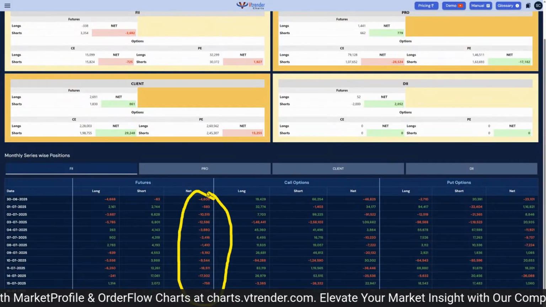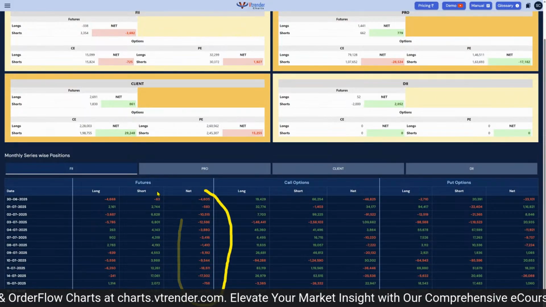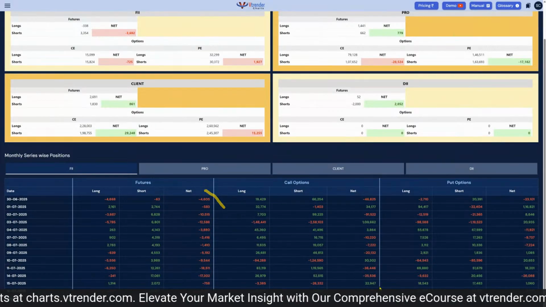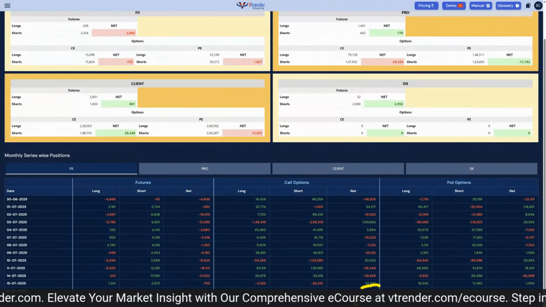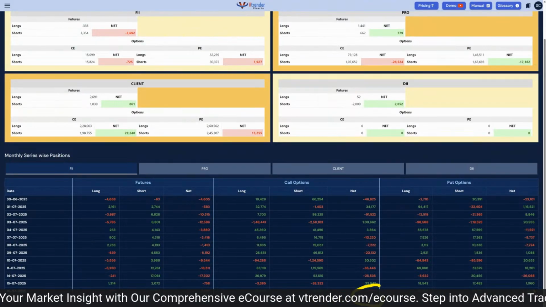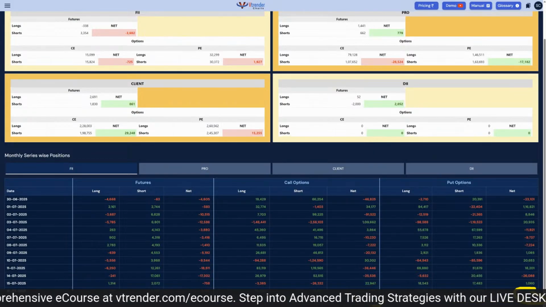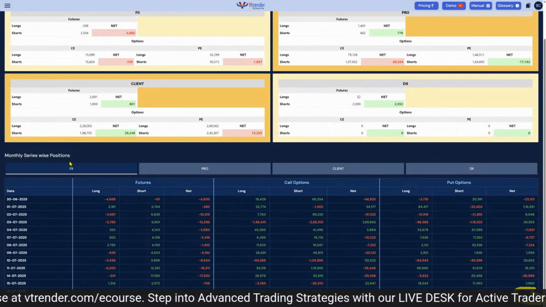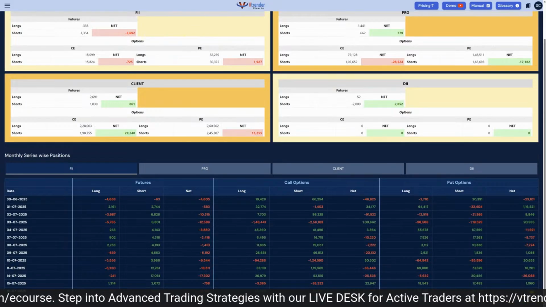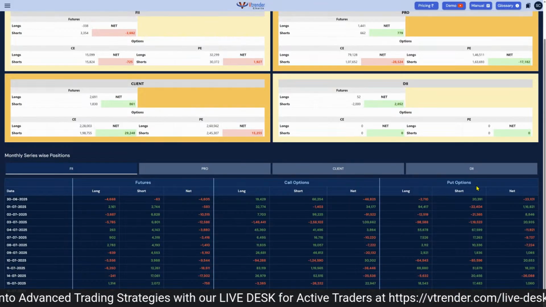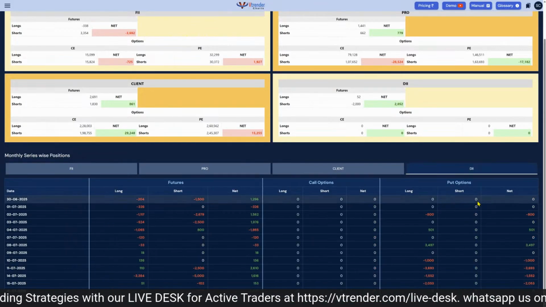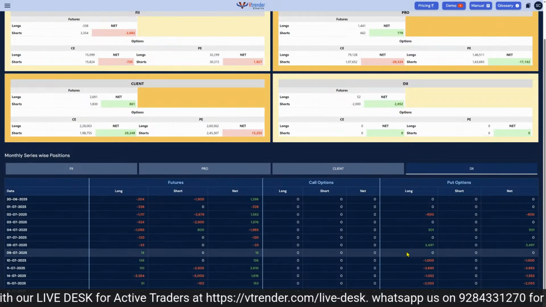The net of FIs in futures is large, but in the options, it's negligible, minus 37,000 only. In the puts, they have some exposure for that long position they hold in stocks, etc. So FIs by nature are not primary weekly derivative traders. DIIs are also like FIs. They are not into the options market at all.